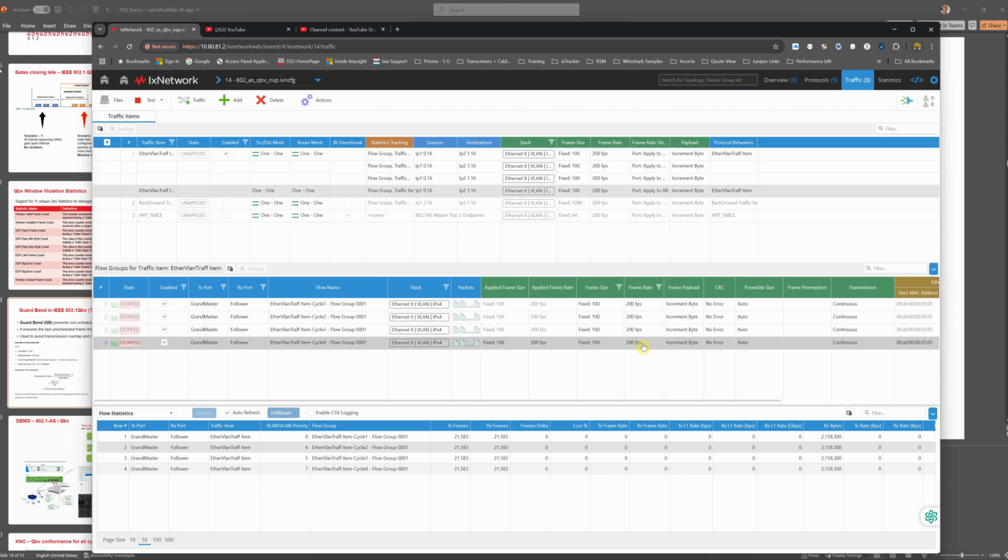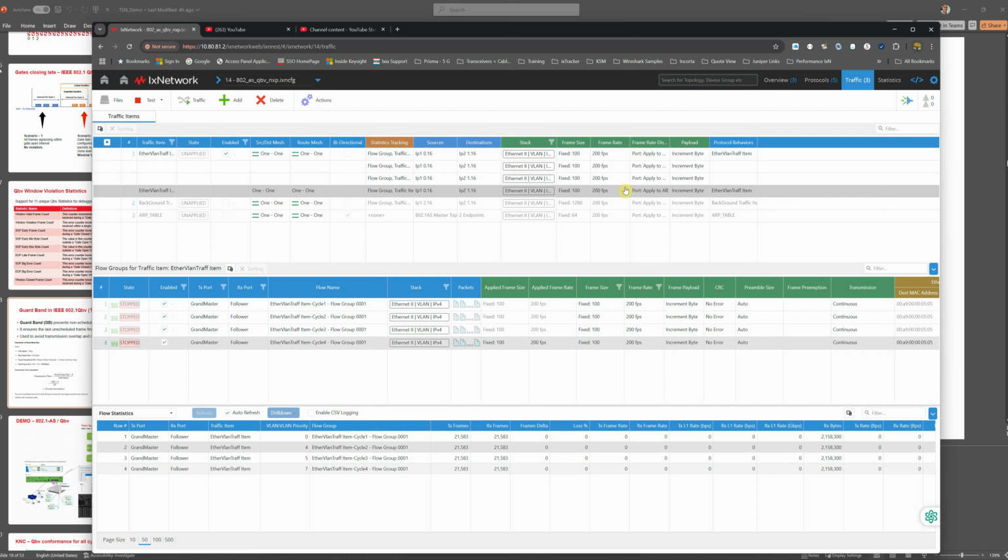So he's not supposed to be sending that because his VLAN priority is 7. He's coming in at the same time as gate 0. Gate 0 is going to be open for VLAN priorities 0 to 3, but this traffic item here, or flow here, is VLAN priority 7. So what I expect when I send this traffic is that the gate for priority 7 is only going to open after 750 microseconds. So my expectation is that this flow group here is going to have a 750 microseconds